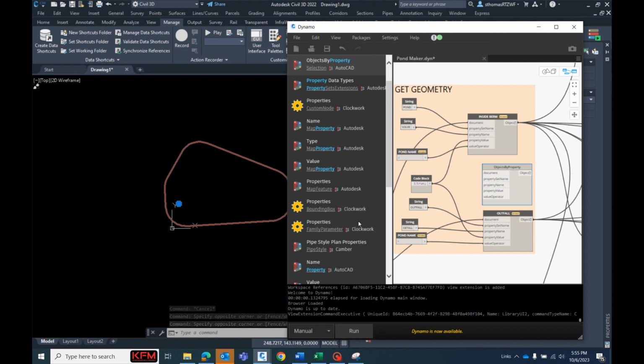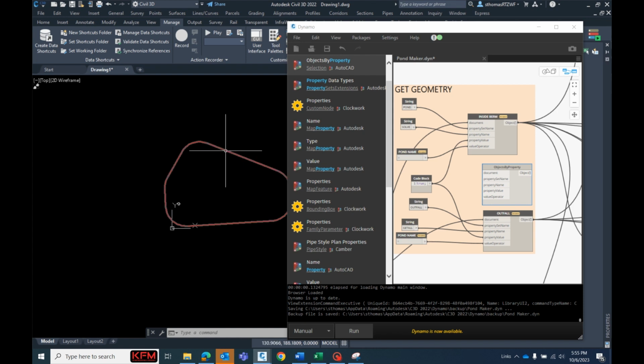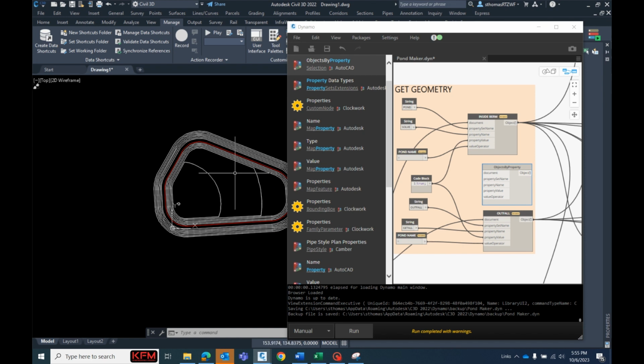which will get all of the bottoms of the ponds, and so by grabbing this geometry and using the property set that was applied to the outer boundary, it's going to now try to generate a pond based on those inputs. And if you see, it grades down at 1%. Well, first it has a berm that grades up 3-1, and then it has a width of 8 feet, and then